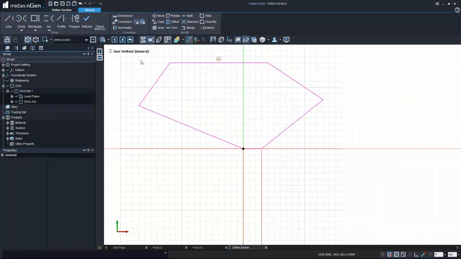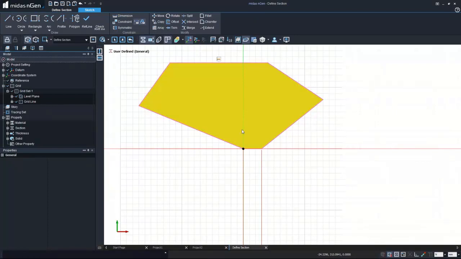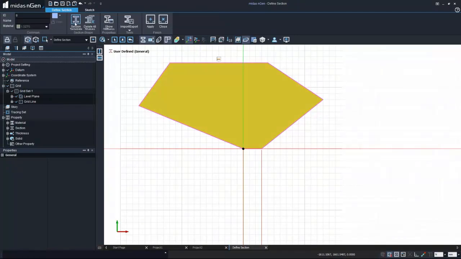I right click, then after making the entire section, I can select this defined section and my section is defined. It's that easy. And then I can actually give it a material definition, call it irregular,